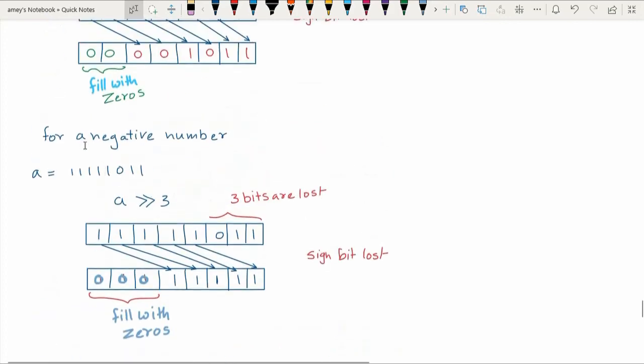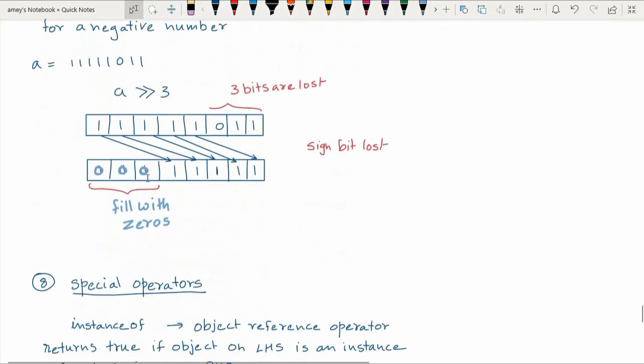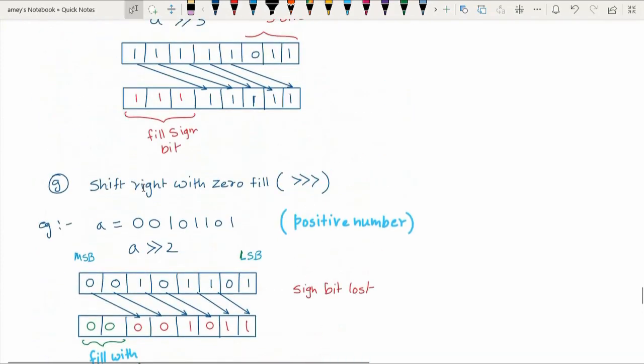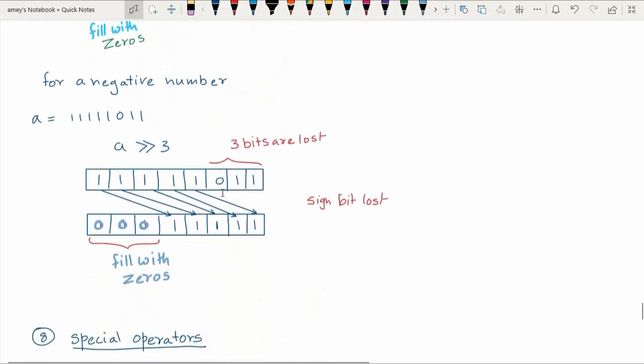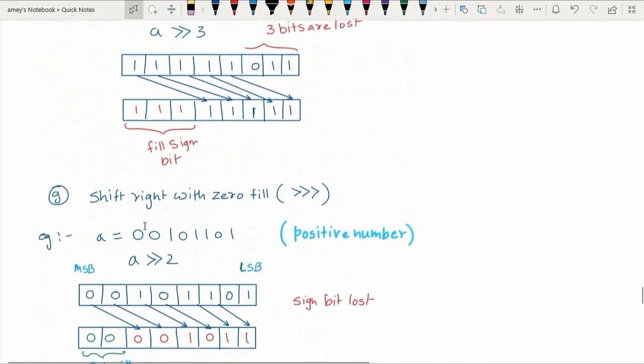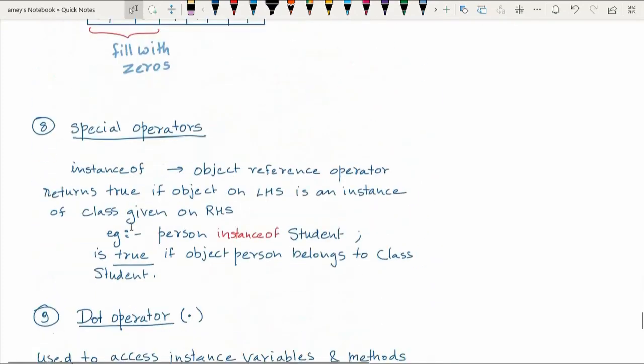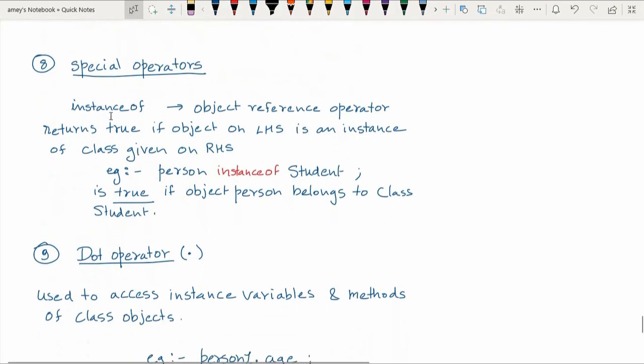So whether the number is negative or positive, in case of shift right with zero fill, that's why it's called zero fill, the vacant places are always filled with zeros, no matter whether it's a negative number or a positive number. So these are the 7 different bitwise operators that we have in Java.